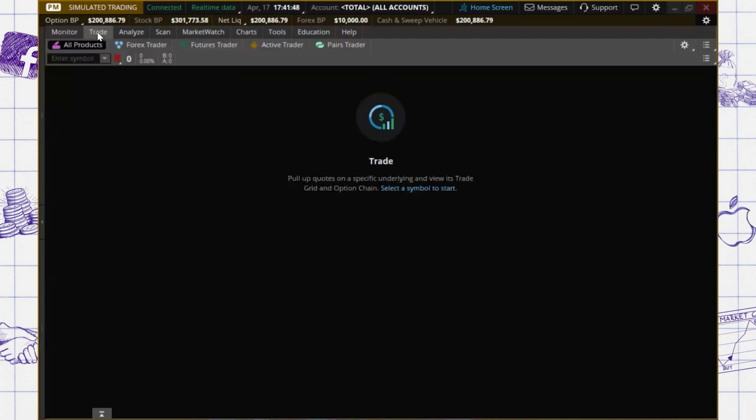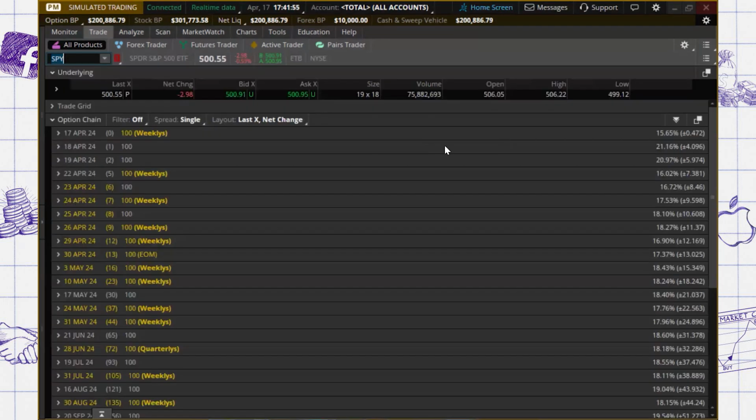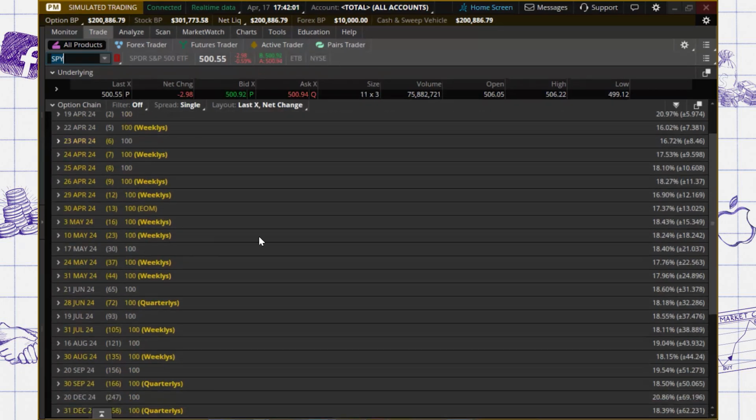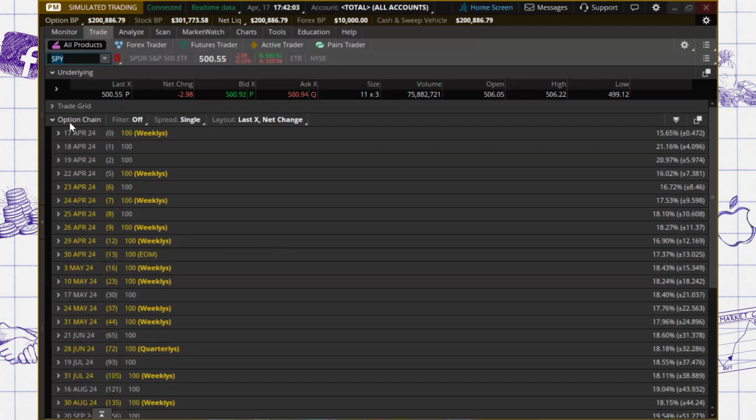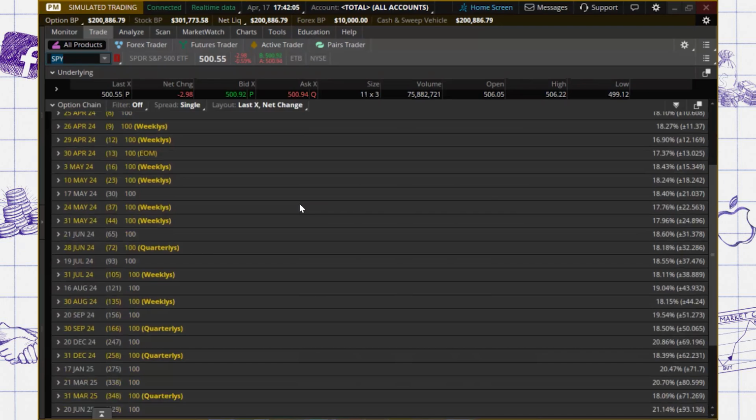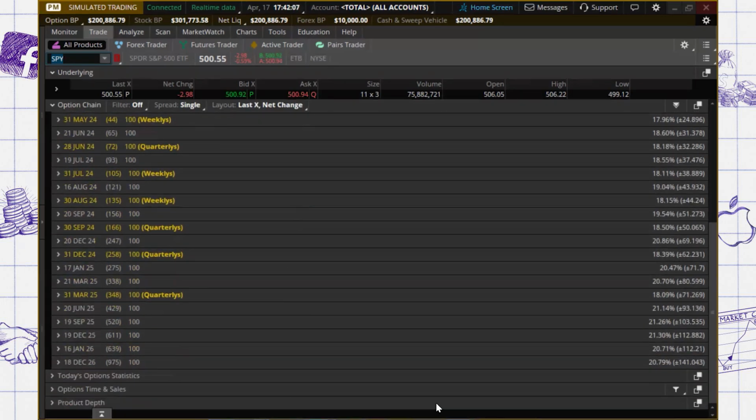So I'm going to click on the trade tab. Let's do one we all know. I'm going to click in the SPY, our basic options chain. This has all of the available dates here. If we scroll down to the bottom, something that I like,